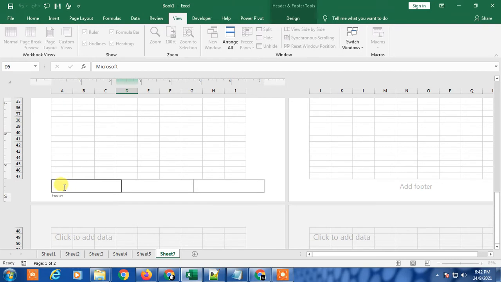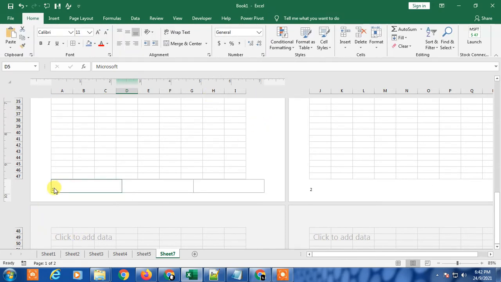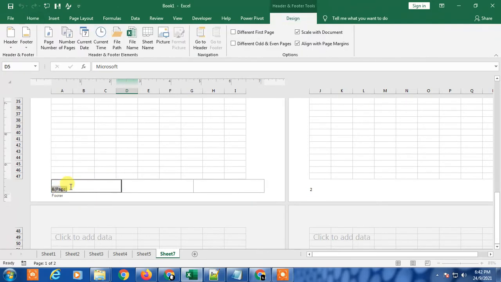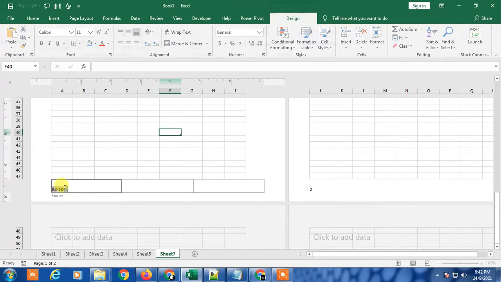I just click on the left side one. If you want to place it on the right side, you can click on the right side. In my case, I just click on the left side one. And now I have to go to Design under Header and Footer Tools. Now you have to go to Page Number. You can see the code has appeared. Now when I click anywhere in Excel, the page number appears here, and the second page also automatically appears here. Okay, so in case I want the total page count also, just click there,